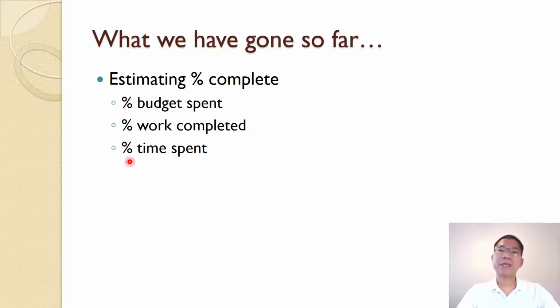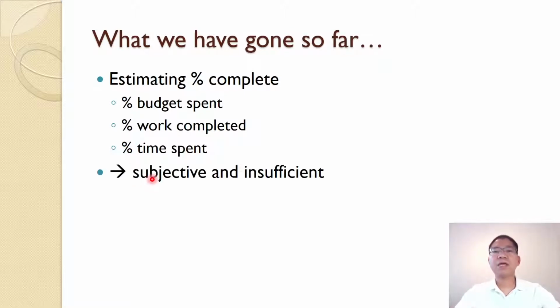We estimate percent complete at the unit of measure throughout the task. Percent complete can be measured by the percent of budget spent, the physical work completed itself, or the percent time spent. All of that is subjective and insufficient. When we say the budget, we ignore the work completed. When we say time spent, just like problem 2 we did in the previous lesson video, it will be subjective and insufficient because the rate of work may not be linear